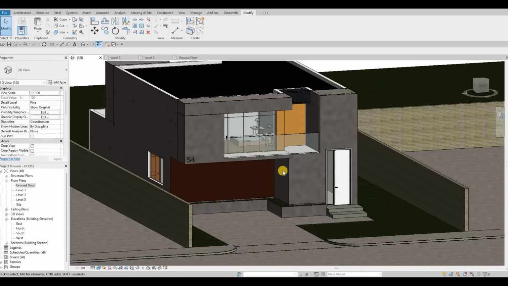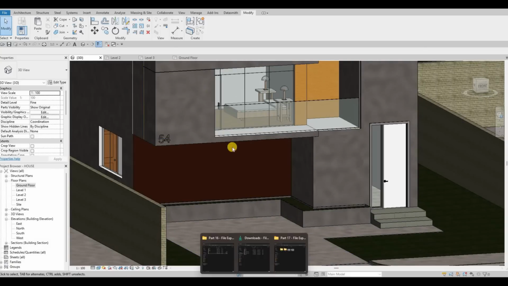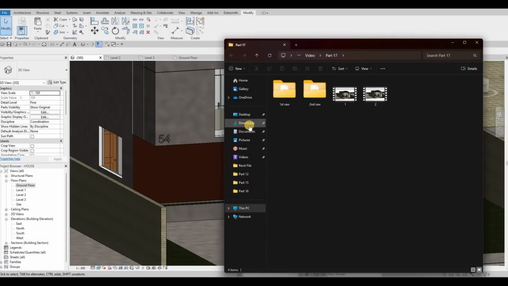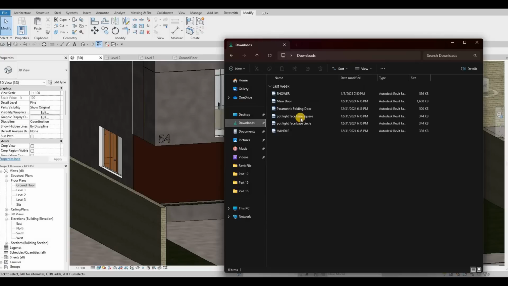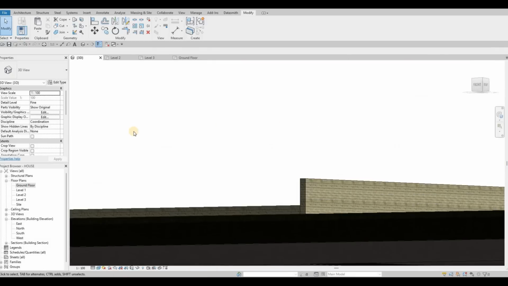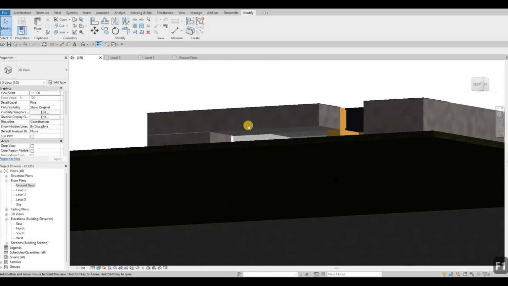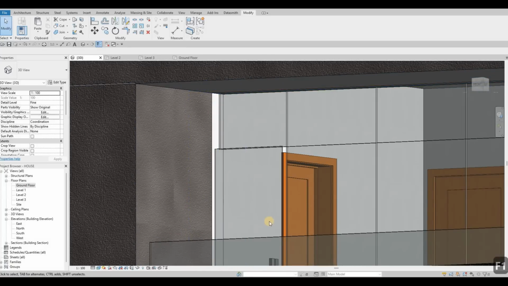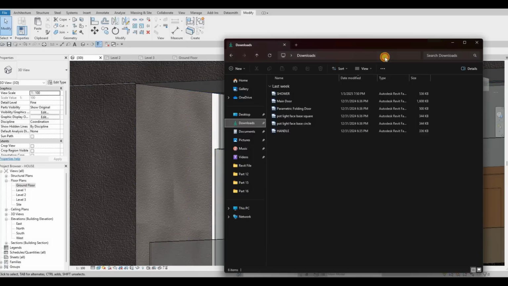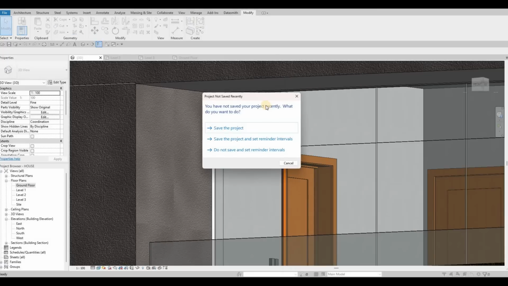So next thing we're gonna do is we're gonna add lights. So go to part 1 description, and I want you to download the spotlight face base square or the circle. Here I'm going to check. So now just drag and drop. So I have it here in my downloads. I'm gonna use the circle,